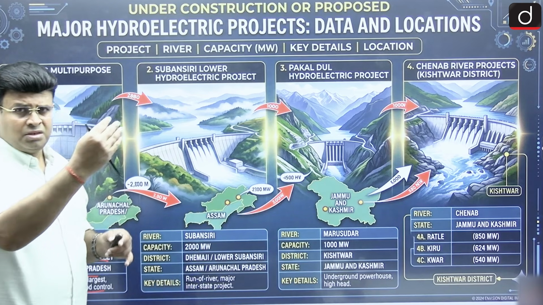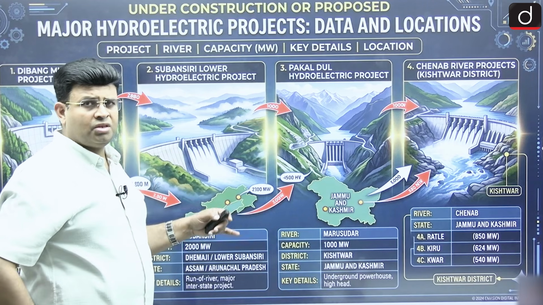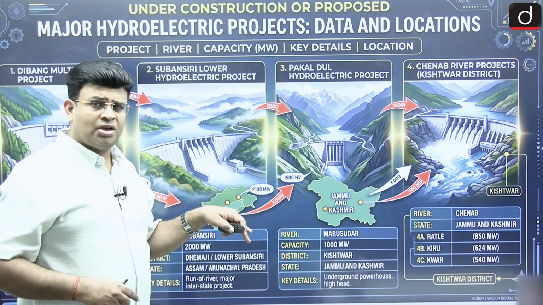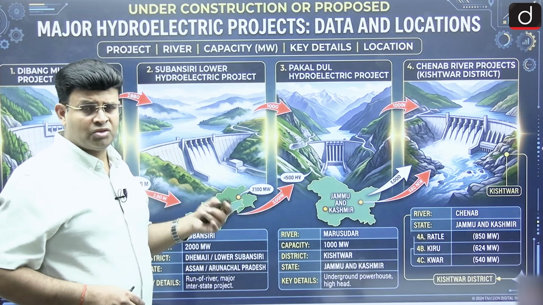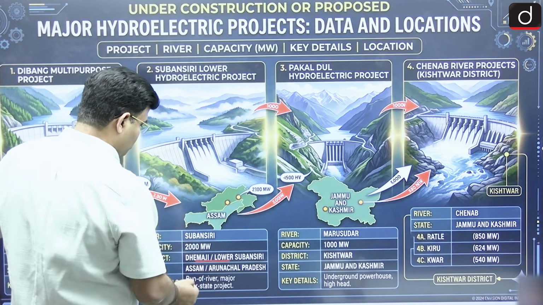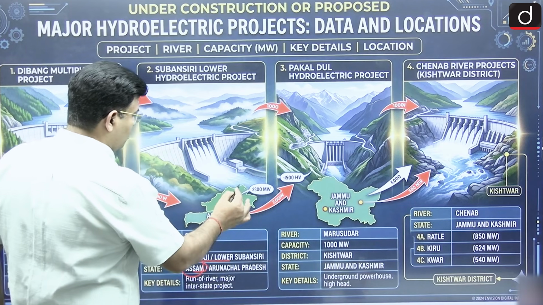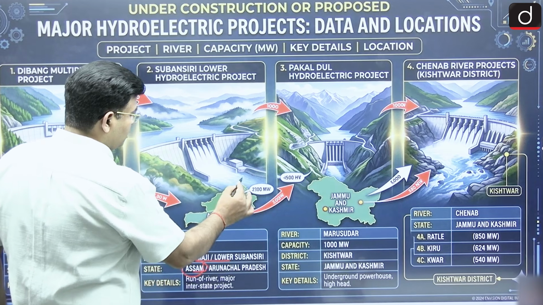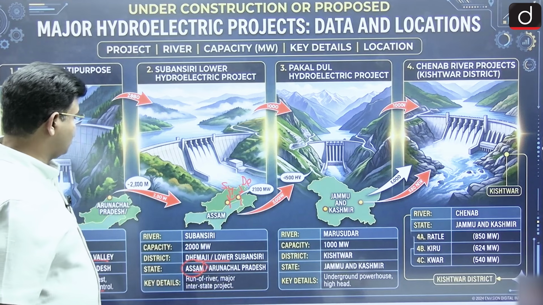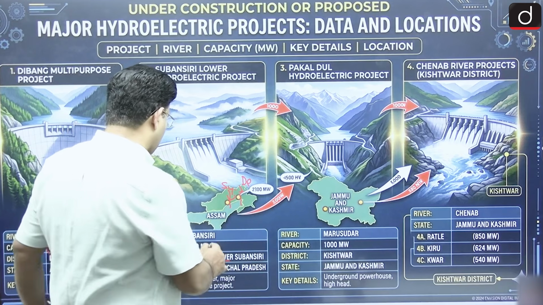And nearby, just after the Dibang in Arunachal Pradesh, there is the Subansiri river, coming from Arunachal Pradesh and entering into Assam. Just as it is entering into Assam, there is a formation of a dam, the Subansiri Dam. It is 1,000 megawatt electricity in the lower Subansiri, Assam region, and it is being made at the border of Arunachal Pradesh. So in this region there is the Dibang Dam, and on the Subansiri it is 2,000 megawatt.